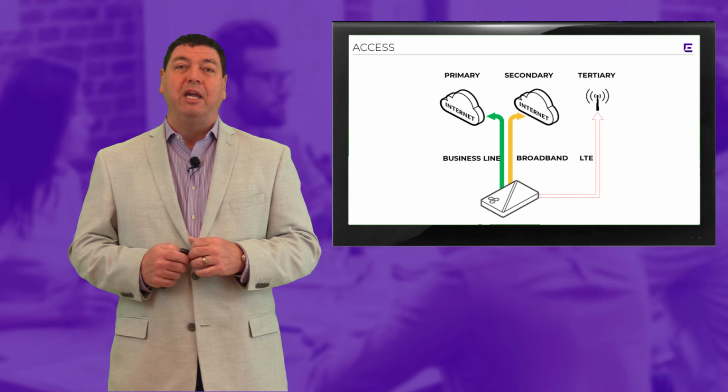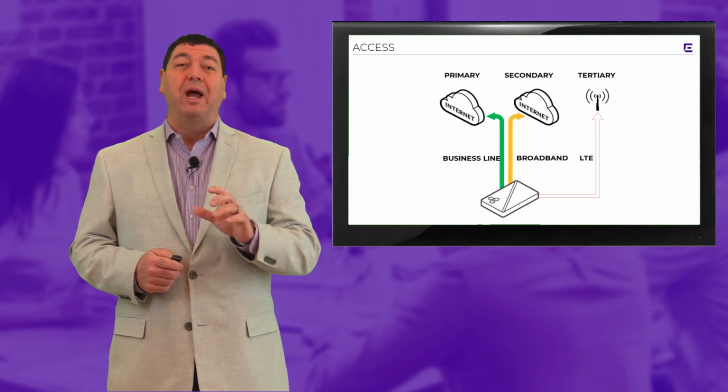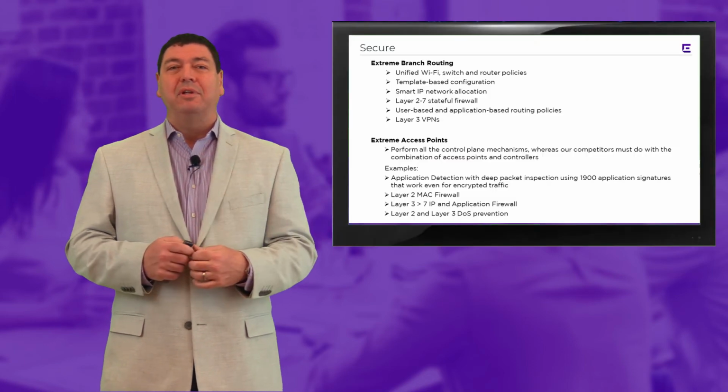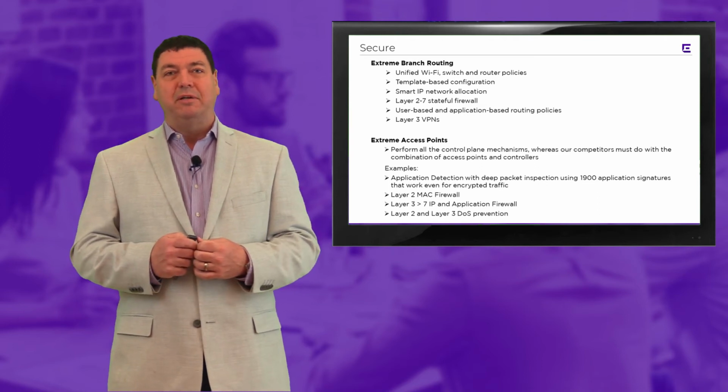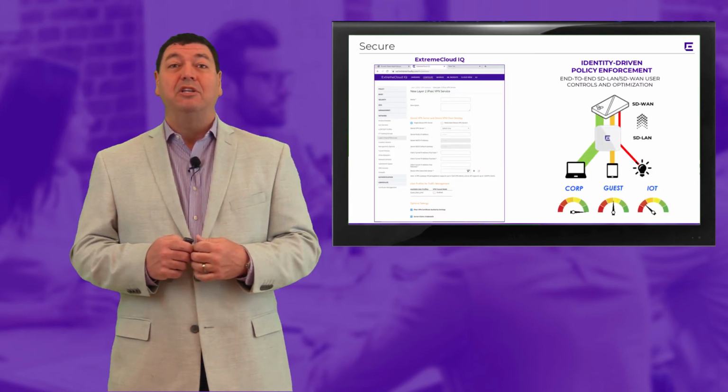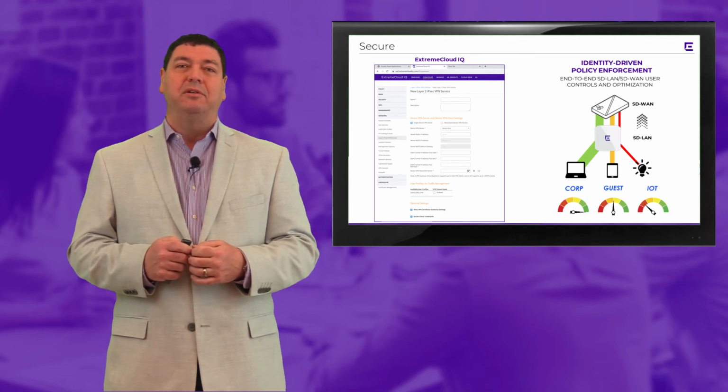You can ensure your remote locations are always up and running under a variety of conditions in the most effective manner. Another challenge has not only to do with the cost for the hardware, but the functionality often required by multiple devices to ensure compliance and security. And you should be happy to know that the same SD-WAN router, which provides connectivity options at an affordable cost, also provides you with security. It provides a stateful layer 2 through 7 firewall for context-based security. It also provides layer 2 or layer 3 IPsec VPN services. And it provides identity-driven policy enforcement with traffic isolation, so you can be confident in the security of your remote